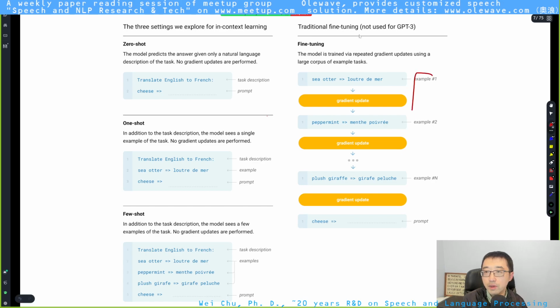Suppose you're given n examples, and suppose you already have a base backbone model, and you want to fine-tune this task-agnostic model into a task-specific model.